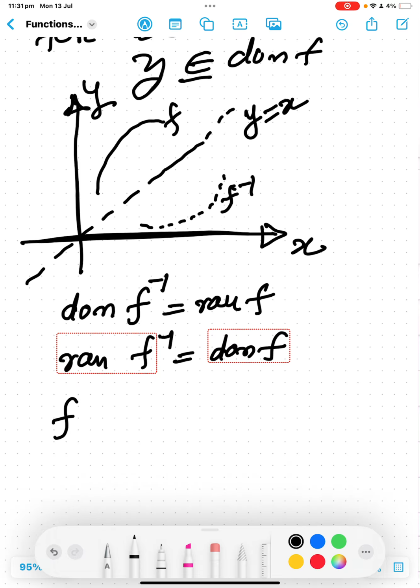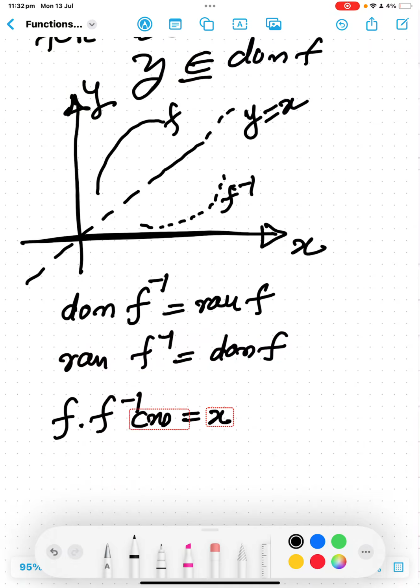And f inverse of f(x) equals x. So these are the